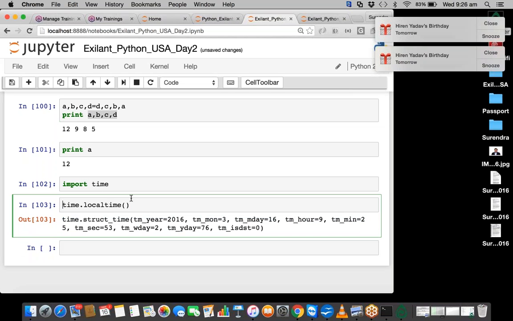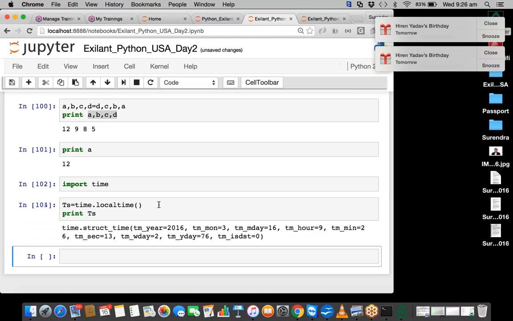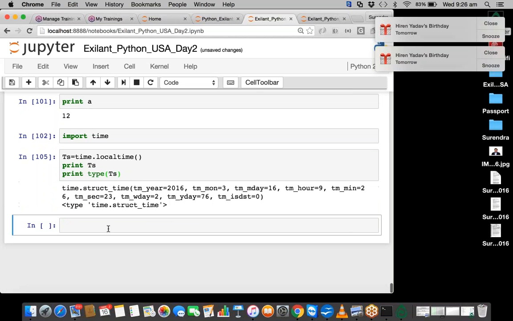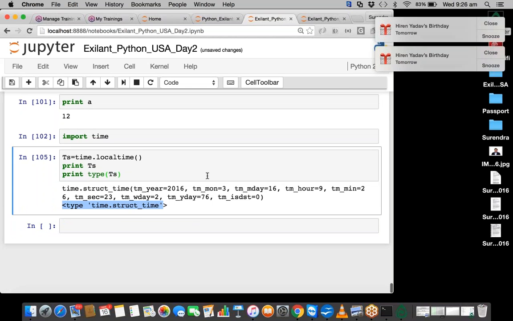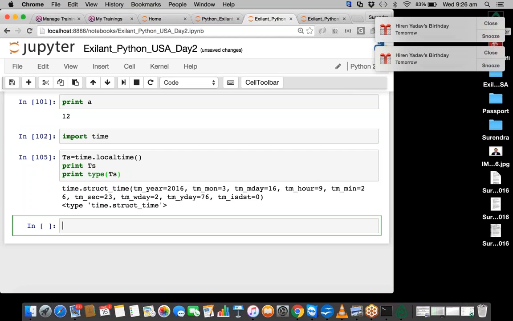If I store this as ts, okay, and just print ts and print type of ts. So what you can see, it is a struct type. Type is a struct type. This is the output which we got from this particular module called time. We just saw time.localtime, and then we just wrote print ts and print type of ts here, right? Now in this particular scenario, let's say you want to access the year, month, day, and hour,